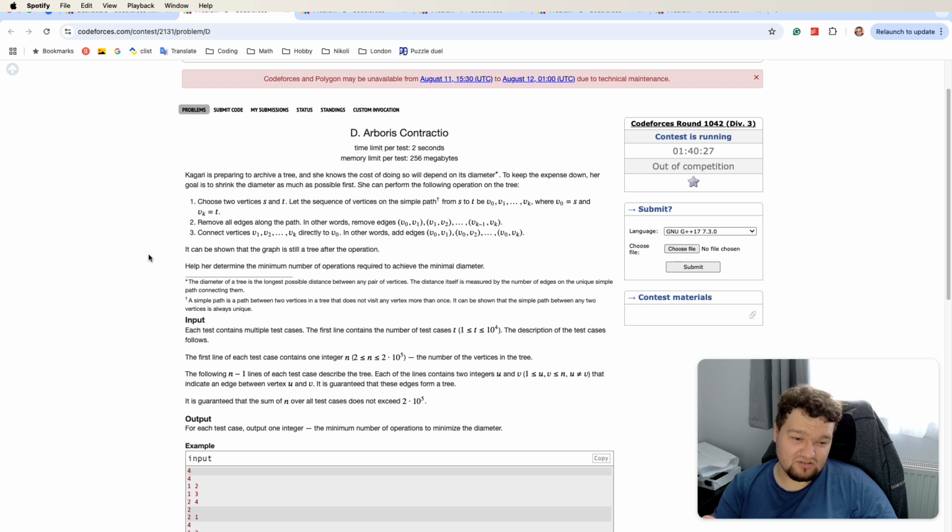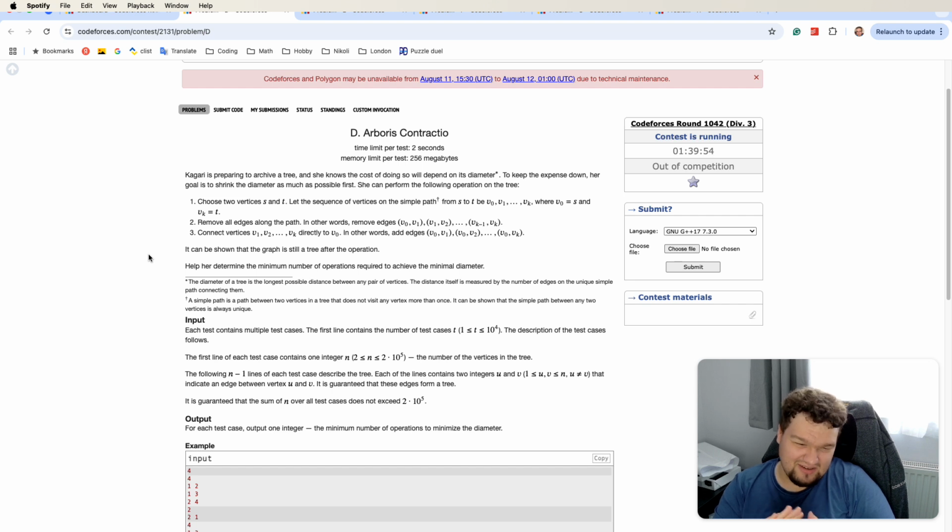And we can achieve that always. So the answer to the problem is just the minimum of this value over all vertices, and to calculate it, we will calculate the number of leaves in total, and then for every vertex we will try to take it. Now from all the leaves we need to subtract the number of leaves that are directly connected to V, and V itself if it's a leaf.